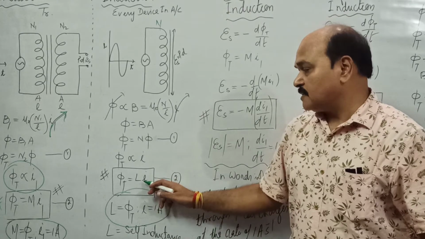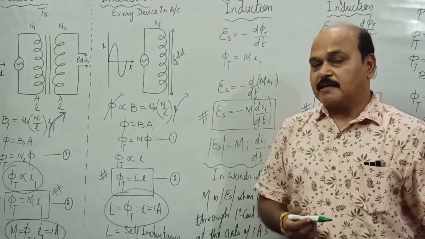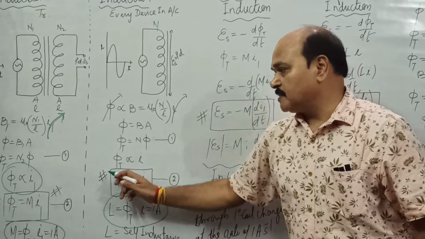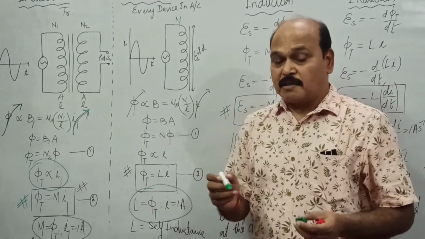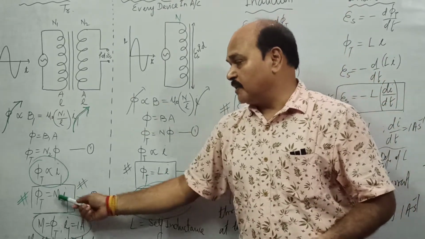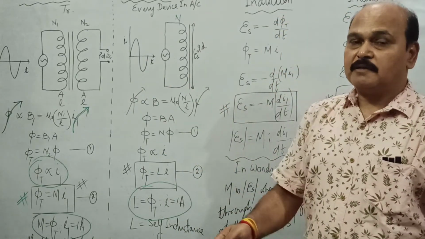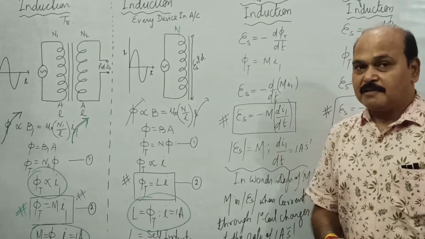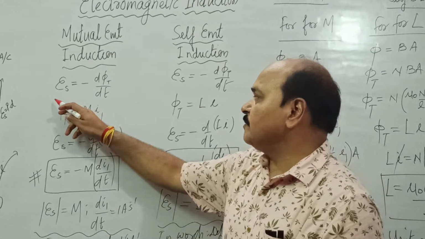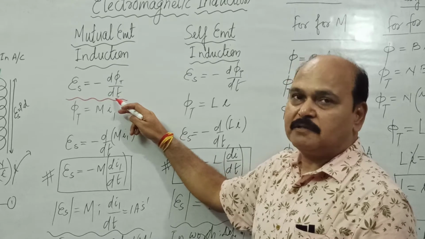Well, total flux linked through the coil is same as the self-inductance of the coil when there is 1 ampere current passing through the coil. Both these formulas are identical, and there are numericals based on this formula. Out of 3 quantities, 2 are given and the third one is asked. So this is all we have already studied. Now we are going to proceed ahead with our discussion of the comparative study. Children, we know that induced EMF across coil is minus times d phi by dt.